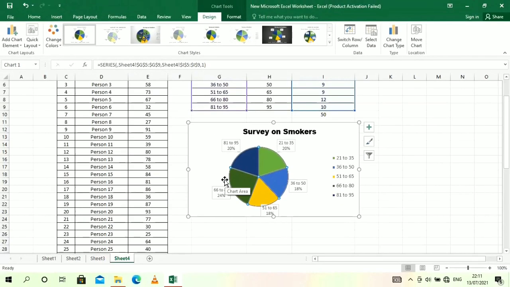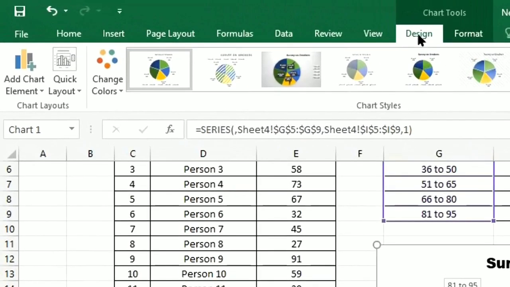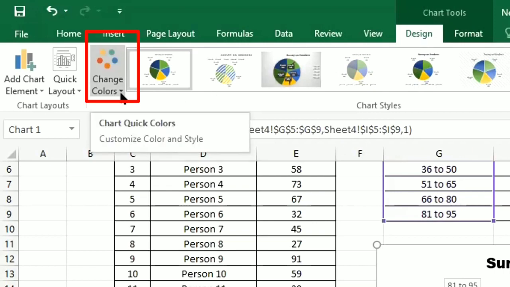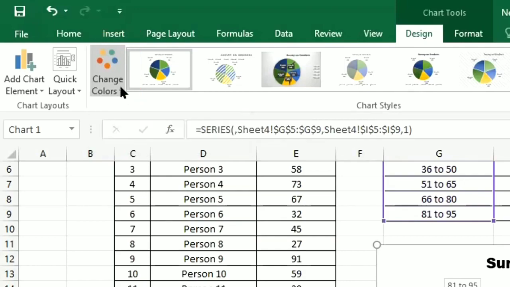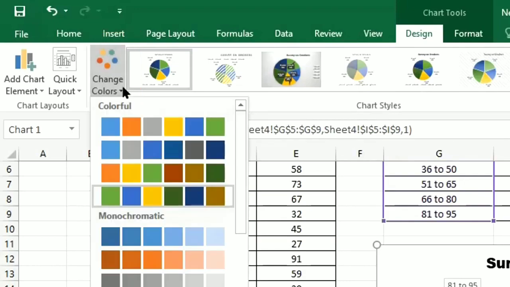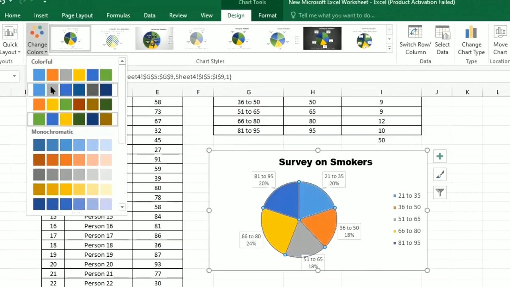Next you can change the color of this pie chart also. For that, select this pie chart and go to the Design tab. In that Design tab you can see the Change Colors option. Click on it. Here you can choose different colors.